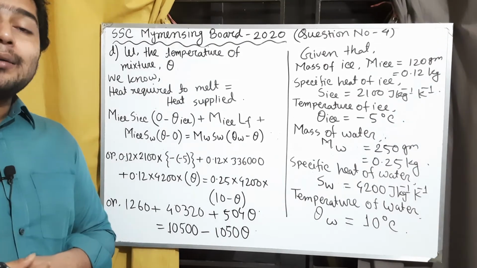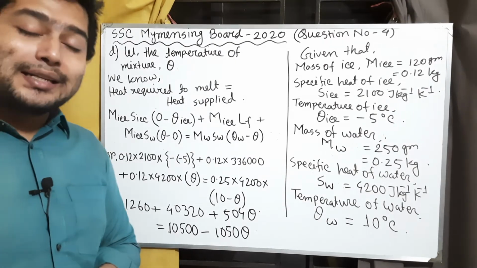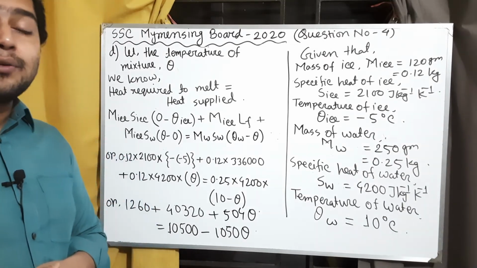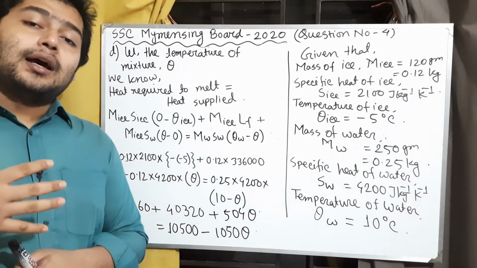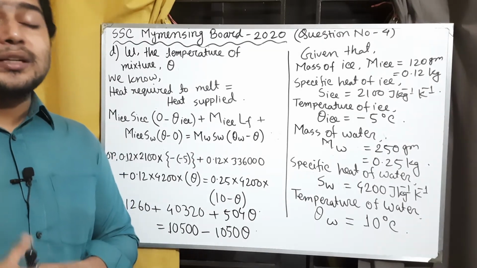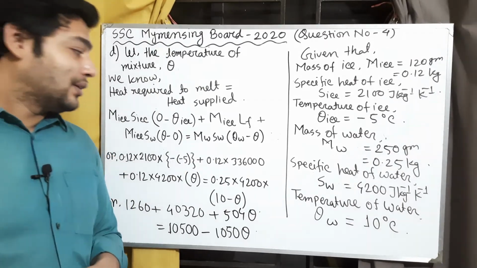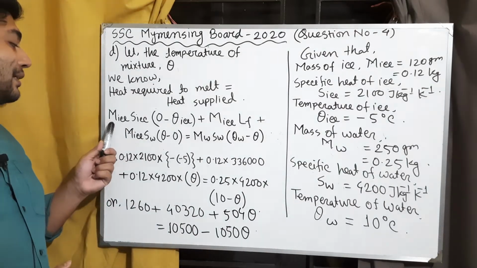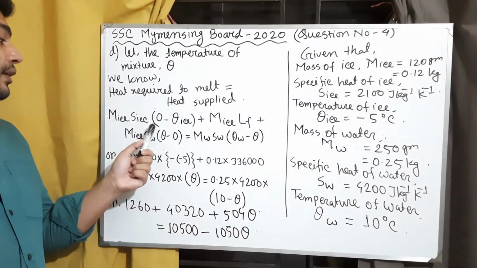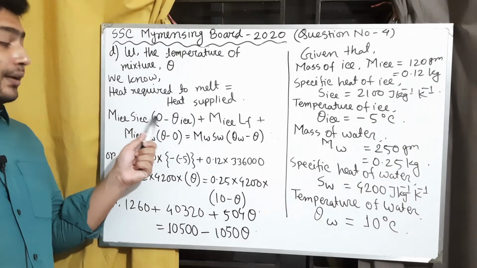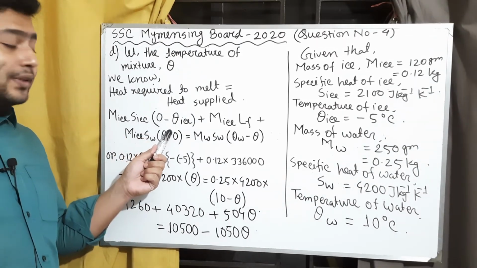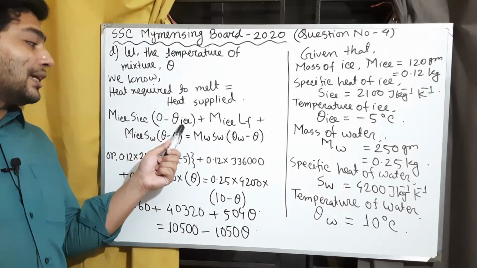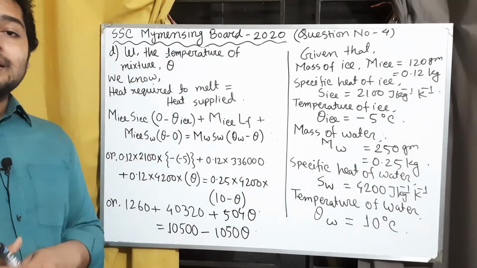Here m is the mass, s is the specific heat, and theta 2 minus theta 1 is final temperature minus initial temperature. So we can write m ice s ice, then final temperature for this step is 0 degree Celsius, so 0 minus theta ice,